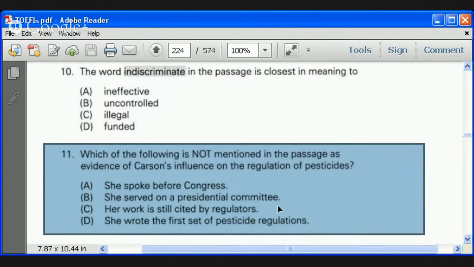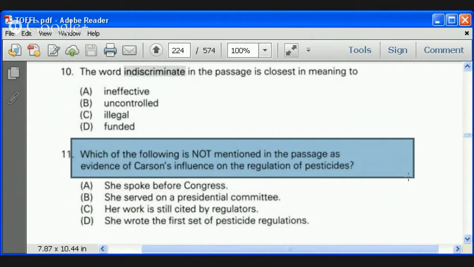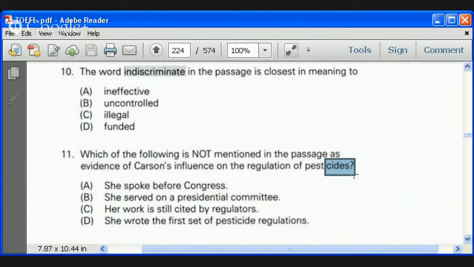Giovanni, if you'd do me the kindness of reading the actual question here. So which of the following is not mentioned in the passage as evidence of Carson's influence on the regulation of pesticides? Pesticides. Sorry. It's okay. These suffixes are usually like suicide, pesticide. They're usually side. Okay, but anyway,